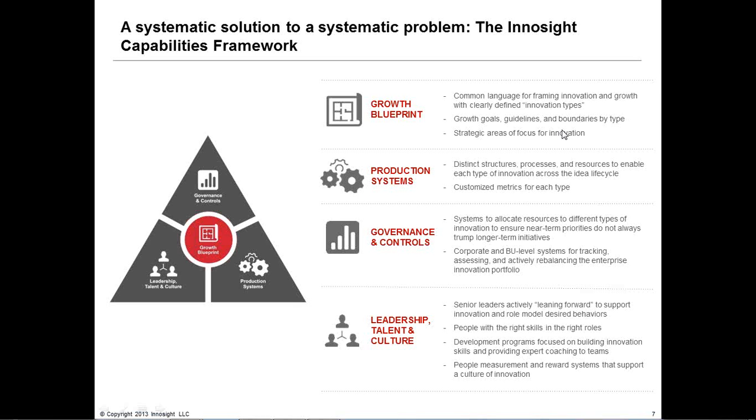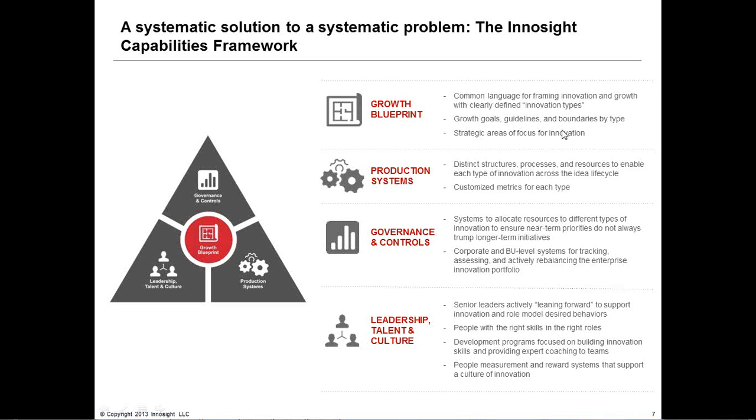So in your growth blueprint, we talk about needing to explicitly define what types of growth you're going to pursue and having distinct goals for each of those types of growth. In the production systems, we talk about needing to have distinct structures and processes for each type of innovation or growth that you're going to pursue across that full life cycle, and customized metrics for each type. Within the governance and controls category, you need to have a kind of system in place that enables you to balance resources across those different types of innovation and growth, which is often something that we see missing in many